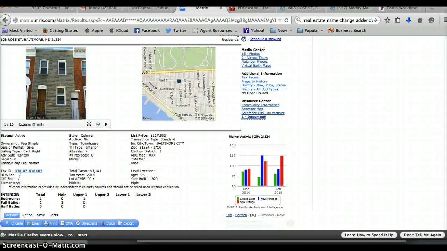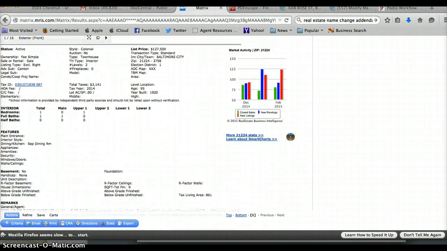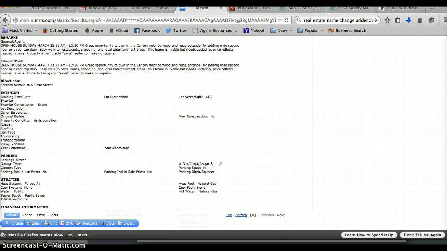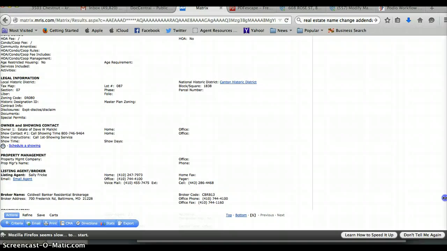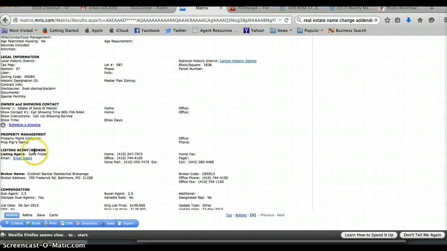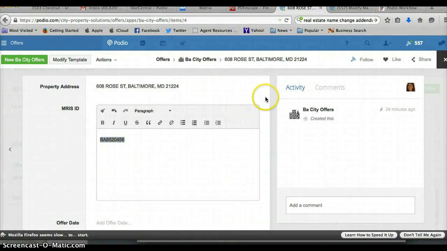The other information you're going to need from the listing is the type of ownership, which I'll get to in a second, and you'll need the listing agent's information and the broker's information all right here. Okay, so if we go back to